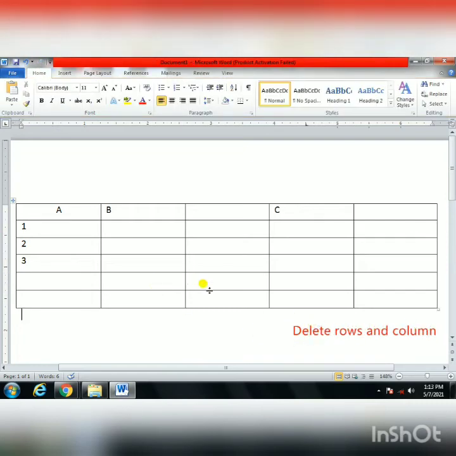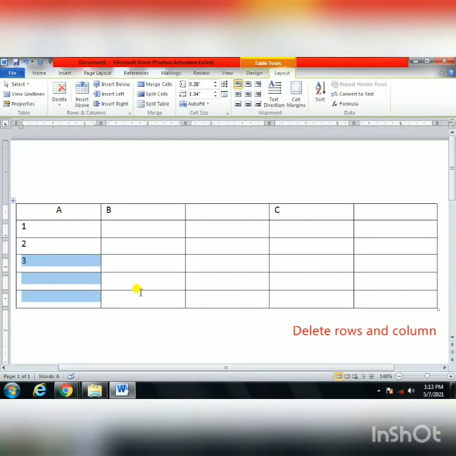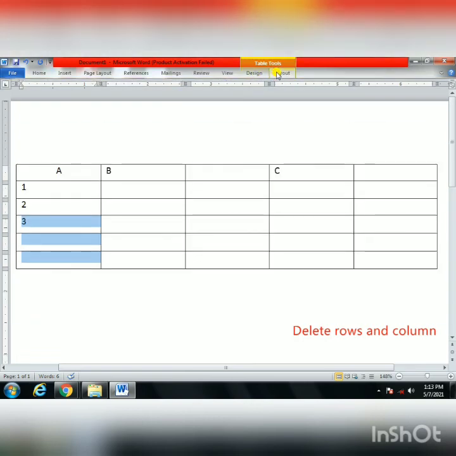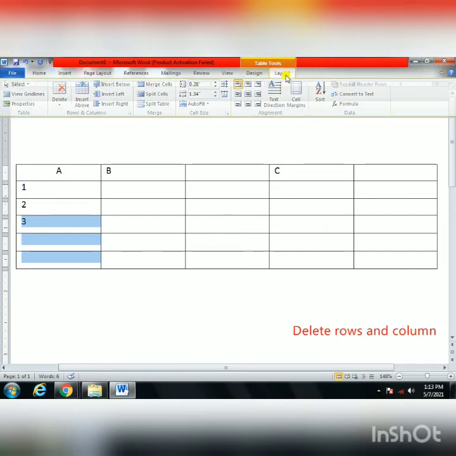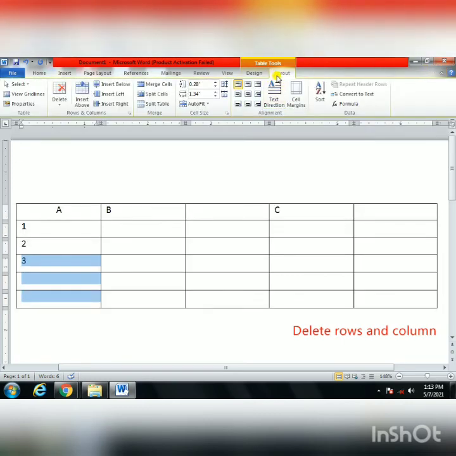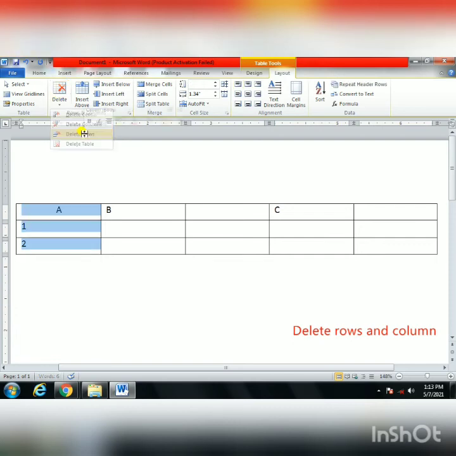Delete rows and columns. There are extra ones here, 2 rows are there, 2 columns are there extra. That one I will delete. You can see this one. So what will we do, we will go to the Layout tab. I told you the same process you will follow: the Layout tab, after that the Delete option, then you will see a pop-up list will come: Delete Cells, Delete Rows, Delete Columns. So which one will you select? Delete Rows.